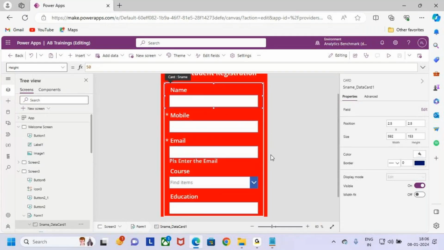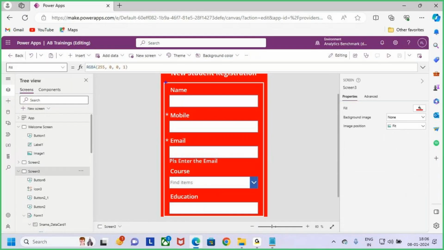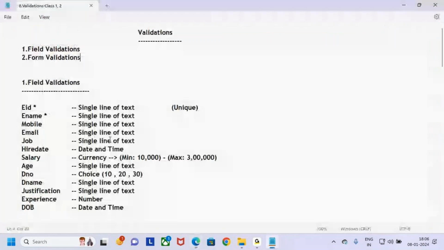And then once that is completed, we'll discuss the form validations. This is my form, the complete form. What type of validations we are able to perform on the forms, we'll discuss in the next class. So first let me discuss field validations. Now in order to work with the field validations,